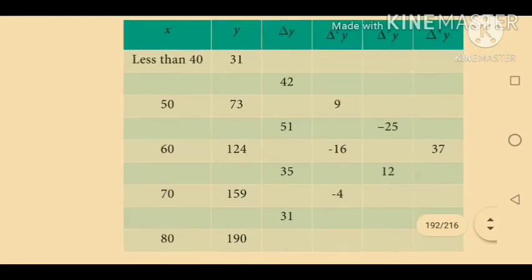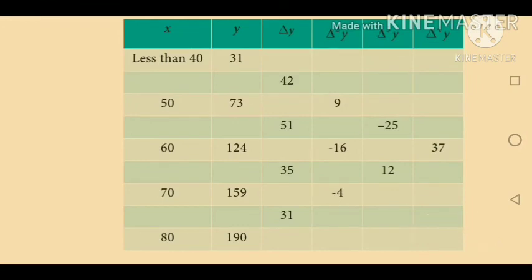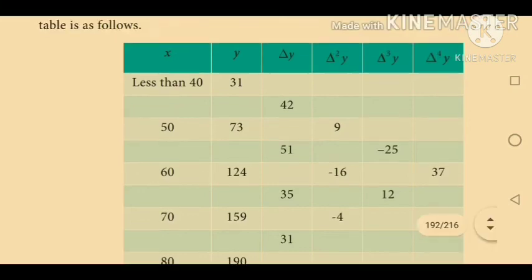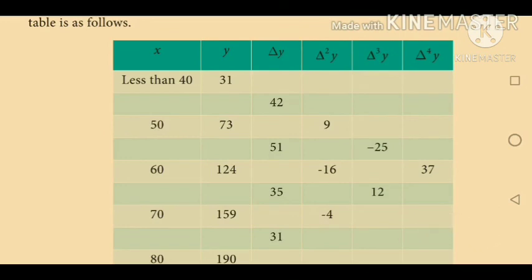So do all the sums in your assignment note. It is a very easy chapter, therefore you must concentrate on the formula only. Okay, if you know the formula and also the meaning of backward method and forward method, then it is easy for you to do the sum. There are 2 or 3 steps only. First you find the value of x naught and y naught, then find delta y, delta square y, delta cube y and delta power 4 y. Okay, after finding this, if you know the formulas, substitute these values and find the value of the missing term.